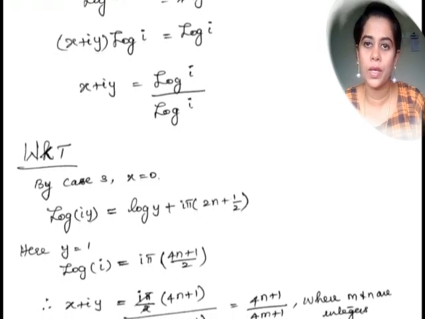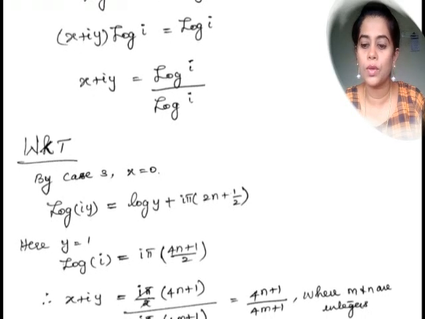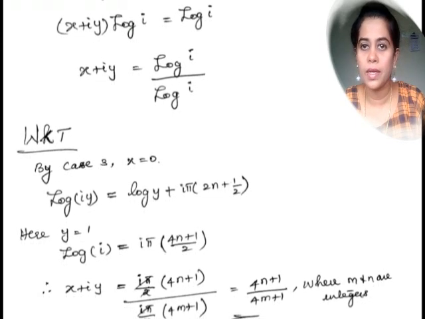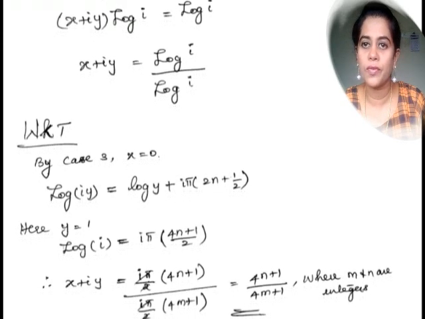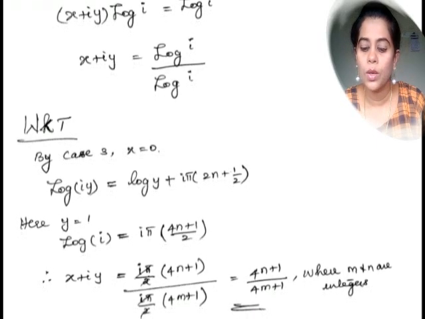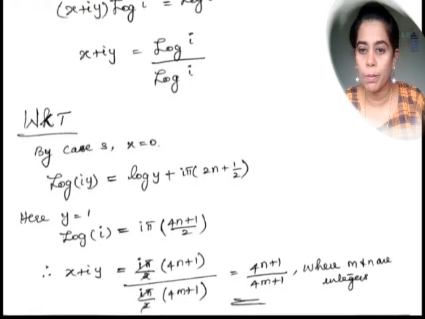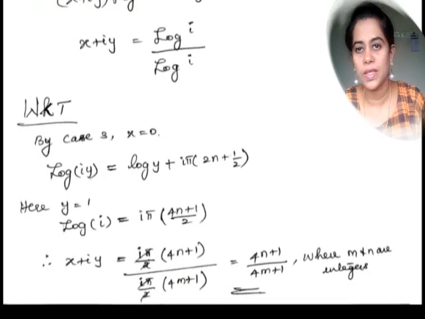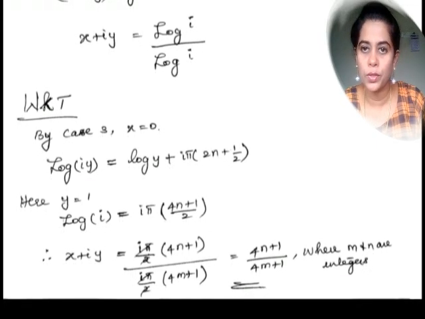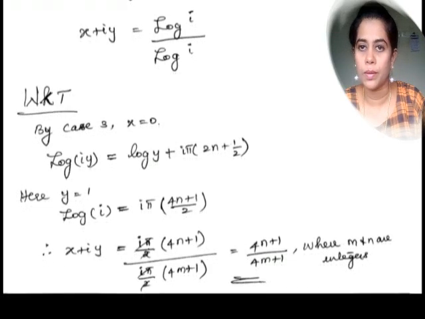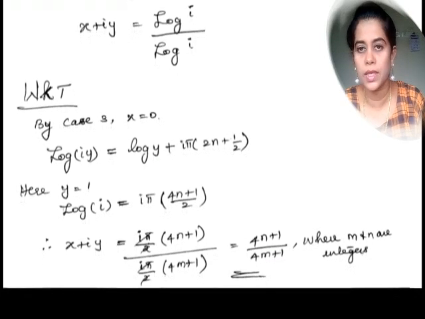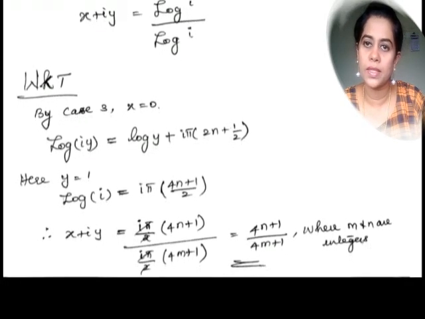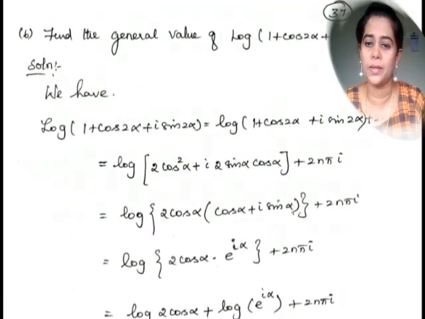So therefore substitute these values in the previous relation. x plus iy is equal to Log i by Log i. For the numerator Log i, let me have the integer n, because we need n in the numerator. So it is i pi by 2 into (4n plus 1). And the denominator Log i can be replaced by the second integer, so it is i pi by 2 into (4m plus 1). So the i pi by 2 gets cancelled. The result is (4n plus 1) divided by (4m plus 1). Hence, we get the desired result. I hope this is very clear.